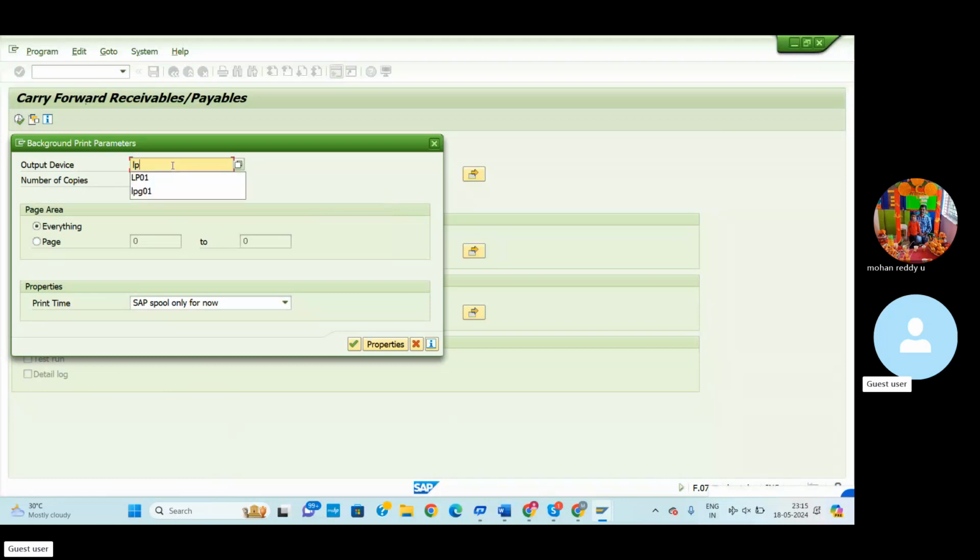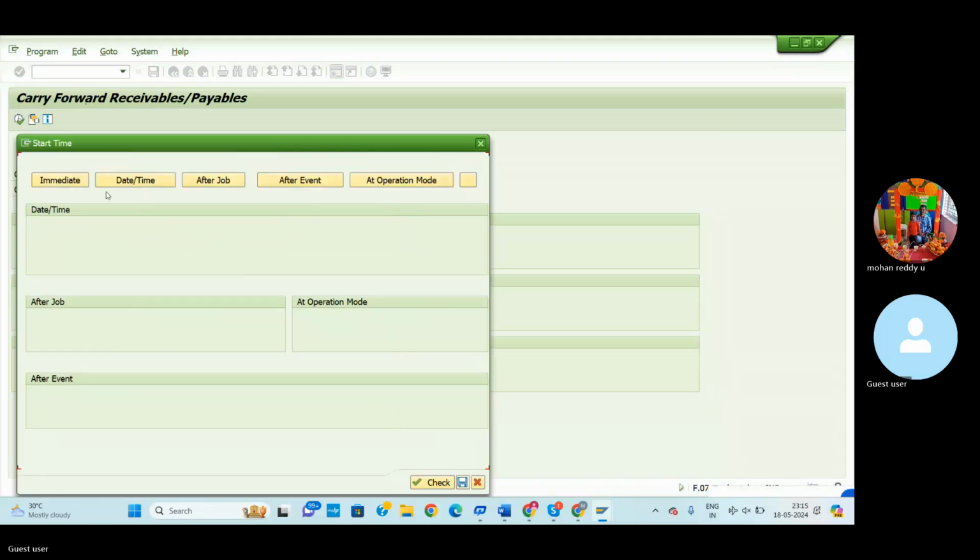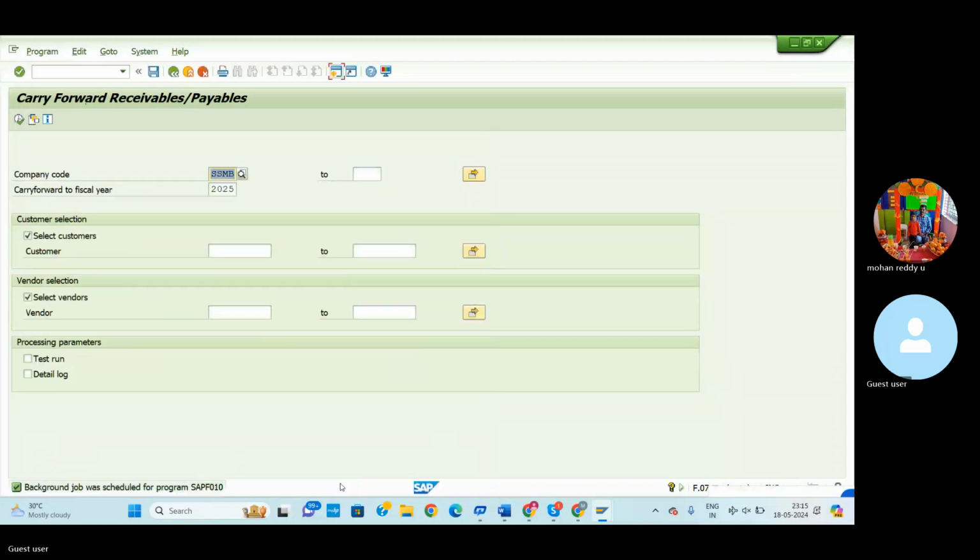So here I can enter LP01 and select, and again select. So here you can select the immediate option and check. After that you can save. So the background job was successfully scheduled for the program